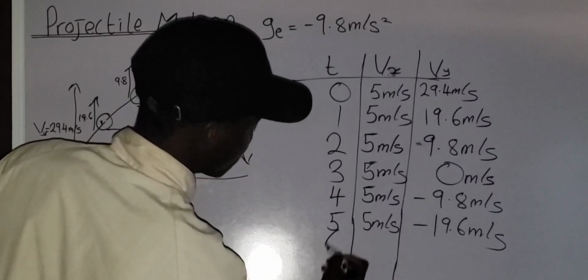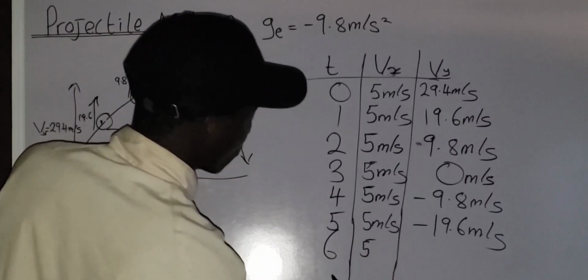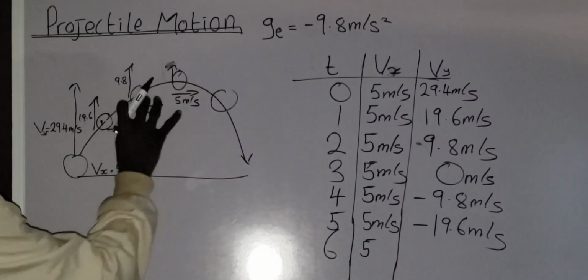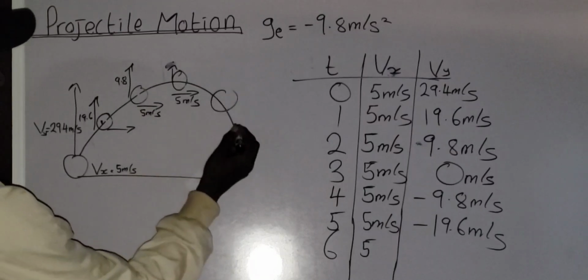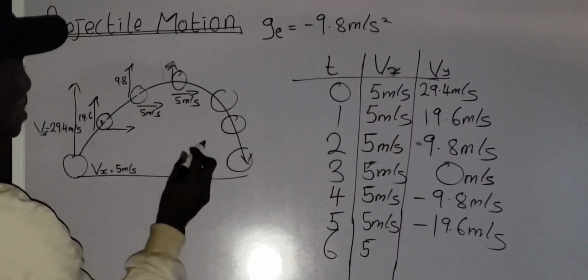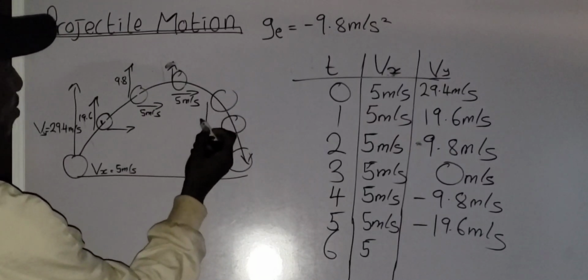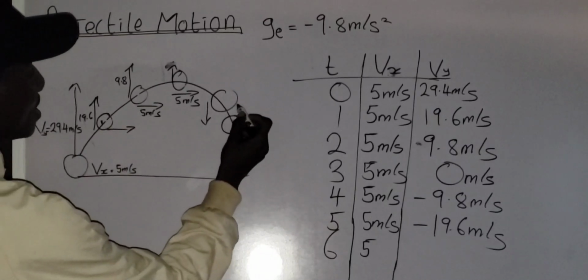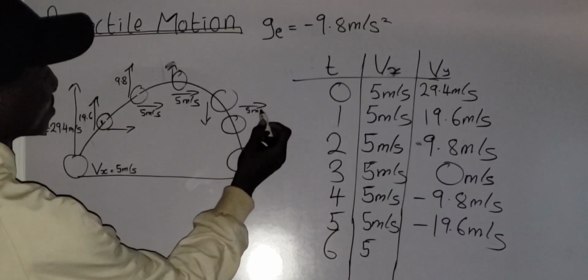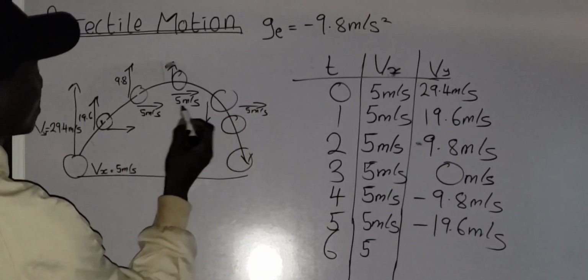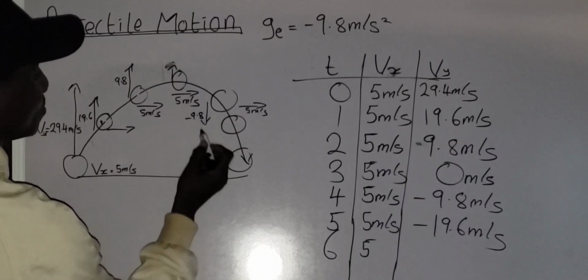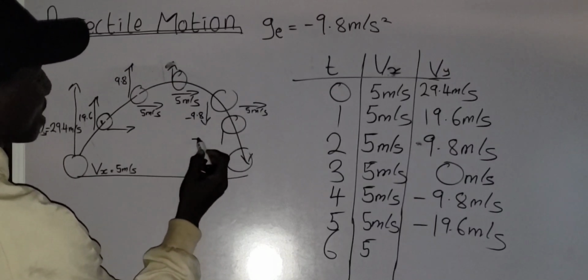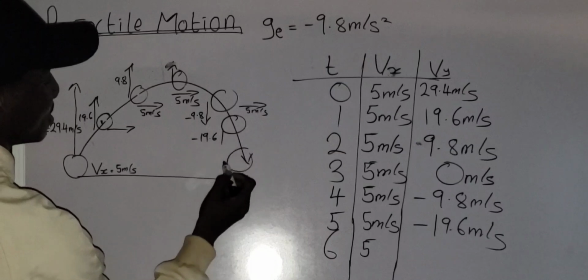So for the 6th second, 1, 2, 3, 4, 5, 6. Do you understand? So along the x-axis, 5 meters per second, and minus 9.8, and this is minus 19.6, and this is